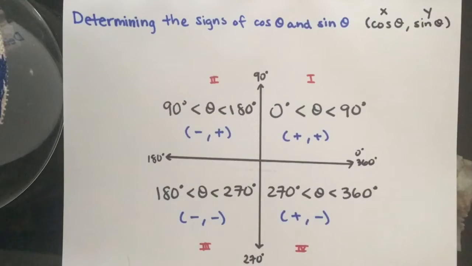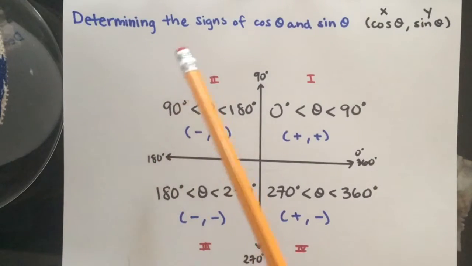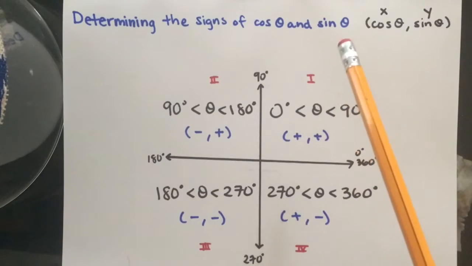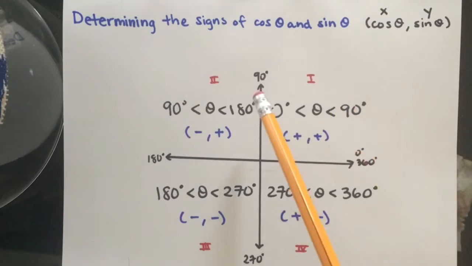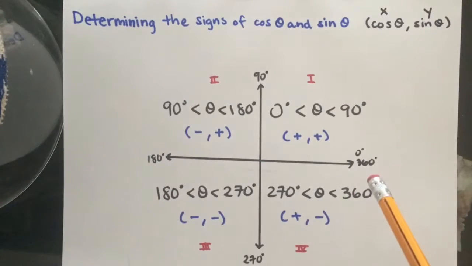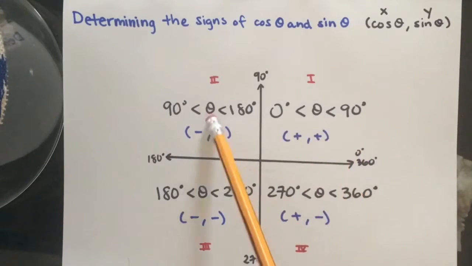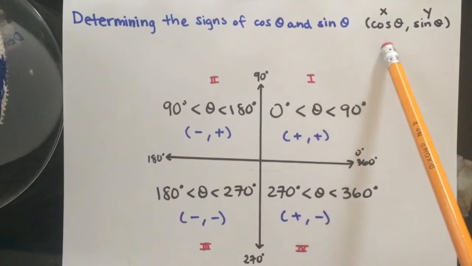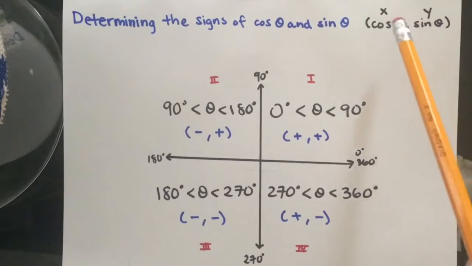For our first lesson in 10.5, we'll be determining the signs of cosine theta and sine theta. So when theta is not a multiple of 90 degrees, so 90 degrees, 180 degrees, 270 degrees, and 360 degrees, it is in one of the four quadrants. And let's remember that in the coordinate pair cosine theta and sine theta, they stand for your x and your